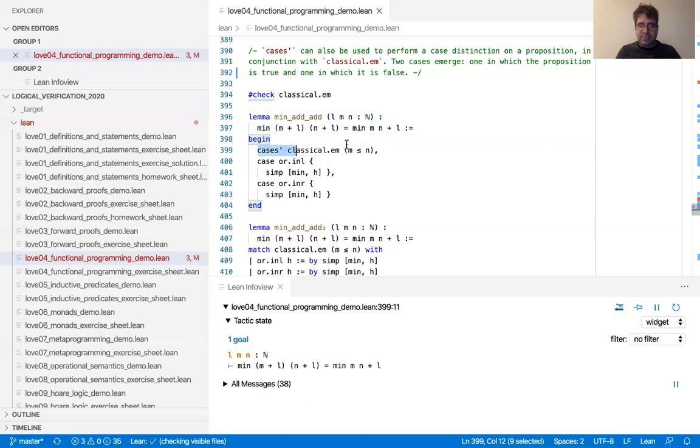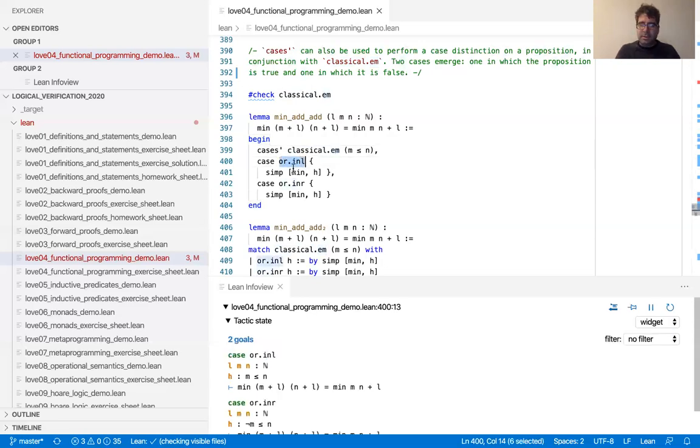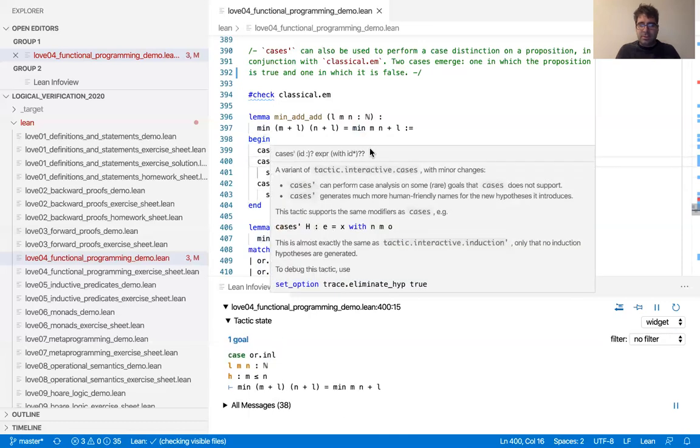And the case distinction is really a combination of things we already know. So we have a property here, and then we tell classical EM to create a proof of P or not P. This is what it does. And then we do a case distinction on it to say, either it's P or it's not P. And well, the labels are a bit unfriendly here. But this means left, that's the L, so it's the left of OR, and this is the right of OR. So in the case where this condition is true,